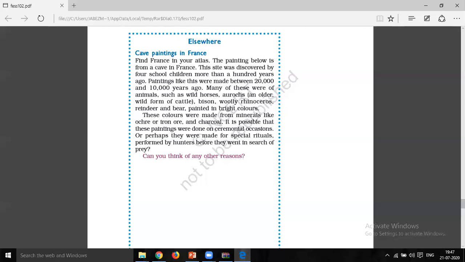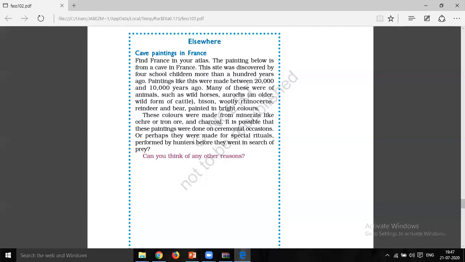With that, we also studied whether fire existed in that time. We came to know where fire was found and how it was used in those times. Three uses were there for fire. They used fire as a source of light, to roast the meat, and also to scare away wild animals.